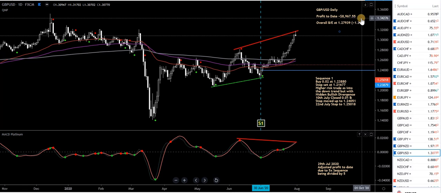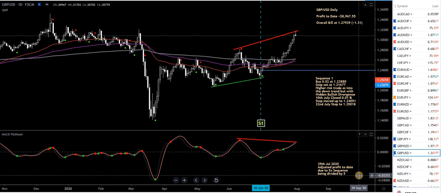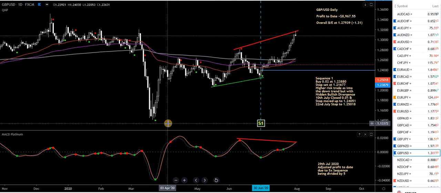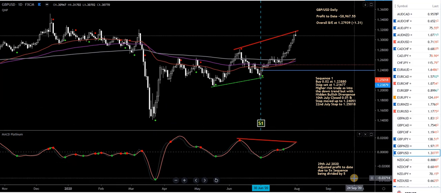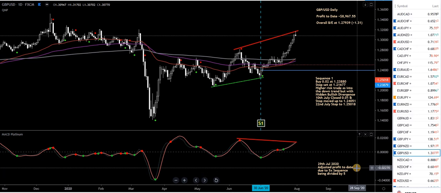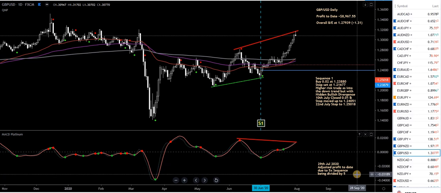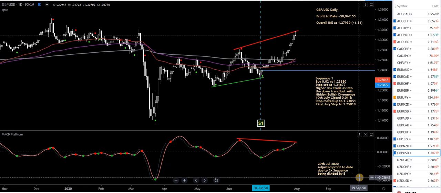Still good profit overall. Now, remember, I had bigger position sizes. I went in 5 times on one sequence. So on the 29th of July, adjusted profit to date on my spreadsheet. Basically all those sequences on the pound USD, and I think there was one sequence on the New Zealand CAD, I divided the position sizes by 5, and divided the profits and losses and swap rates by 5,